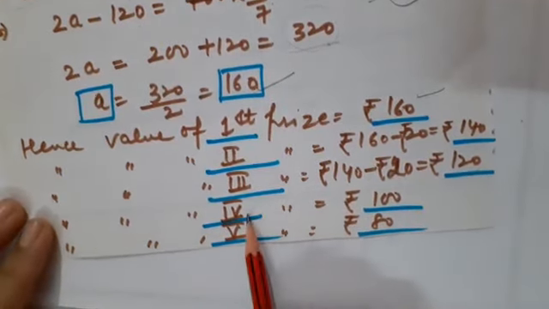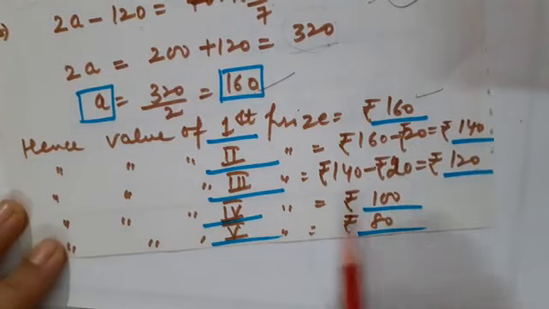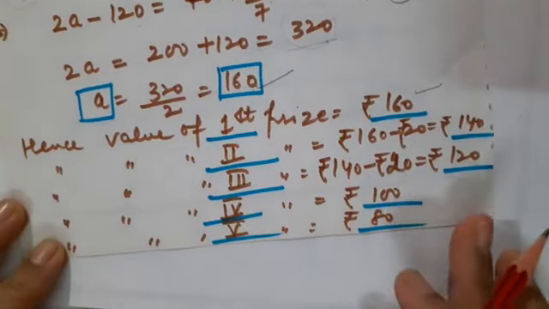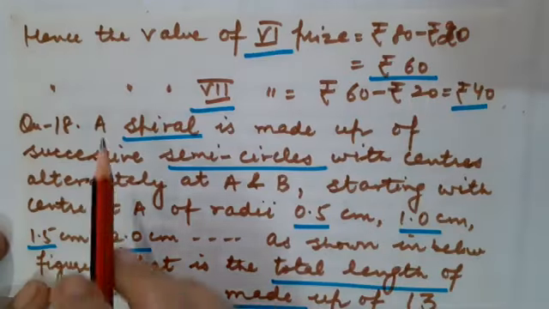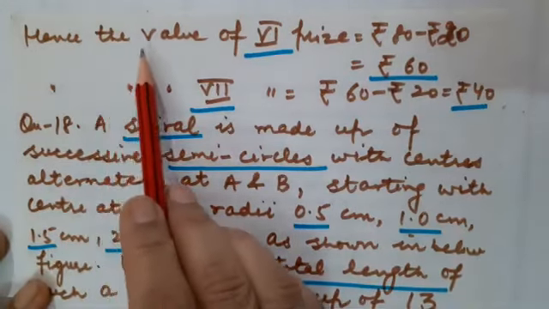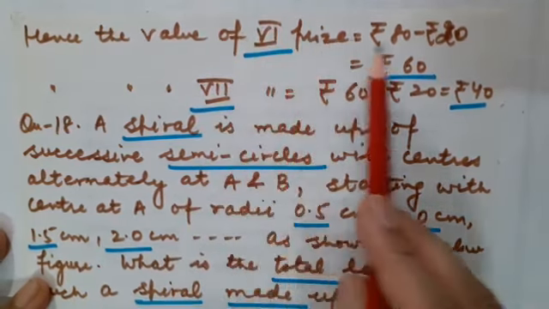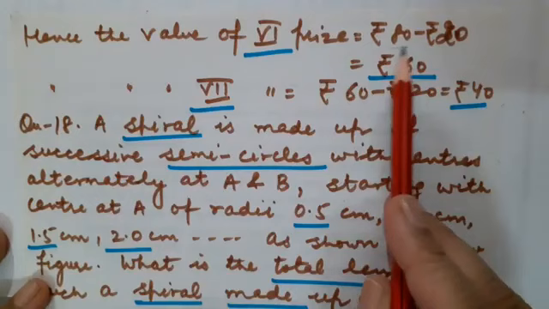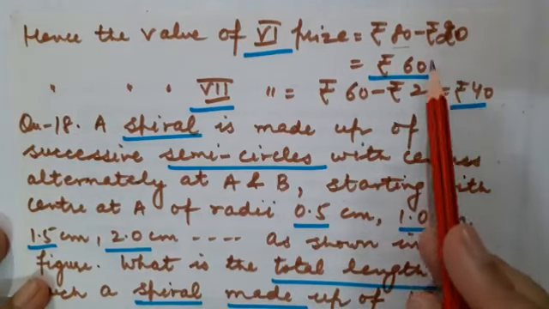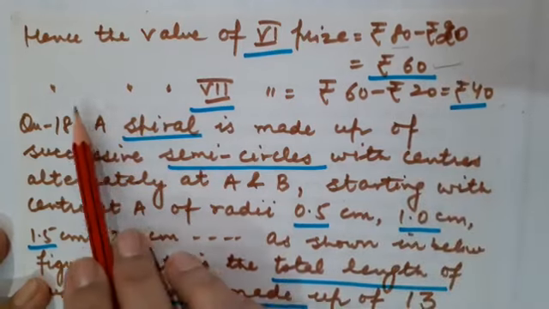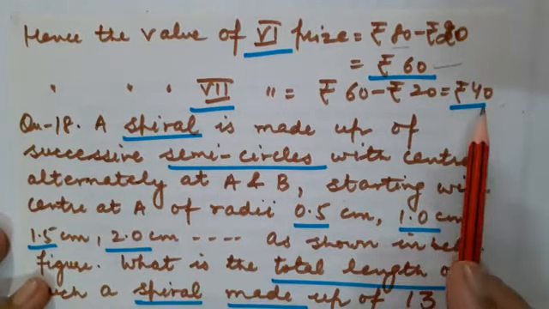Let us talk about the fourth prize. Again 20 less, that is rupees 100. Fifth prize will be rupees 80. Correct, students? Fifth prize was rupees 80. So the candidate who stood sixth, means who is going to get sixth prize, will get 20 rupees less from the preceding prize money. That is rupees 80 minus rupees 20 will become rupees 60. And of course, the last, that is the seventh prize, will be of rupees 40.